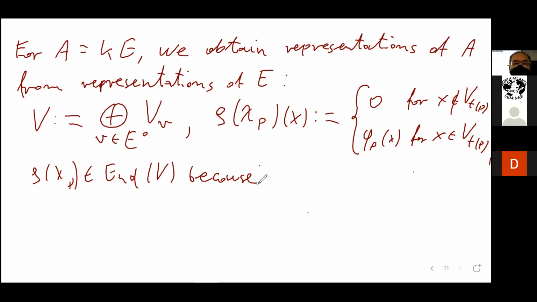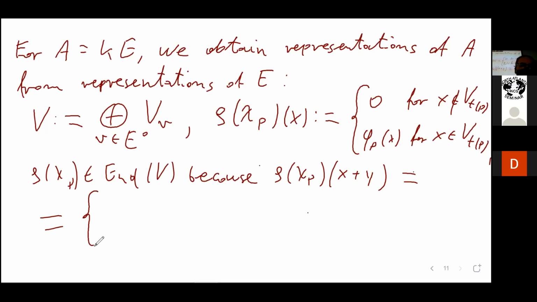That's the next thing. I'm just checking that rho of chi p is an endomorphism of V. So I have to do this, and when I do this, I just apply this formula. So this is 0